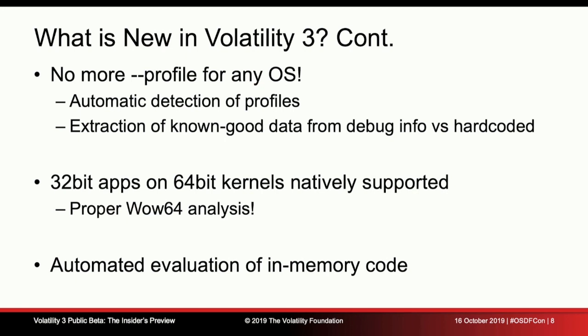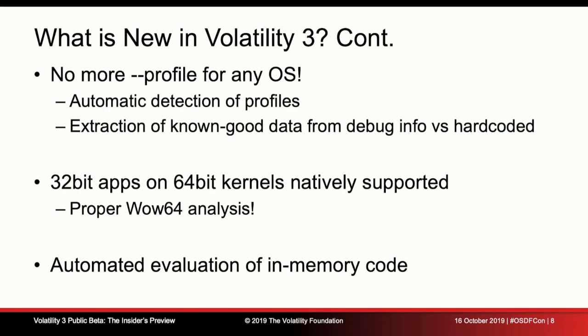So just one of the best bits ever is that there is no more --profile. You will never have to put --profile into Volatility again. When we first started doing this, we didn't realize quite how much of a pain that was going to be, but it's gone. So the latest version of Volatility 3 will now determine from your memory image. The automagic has been drawn out, and it's an actual component of the tool that we use, so people can write their own automagic and things like that.